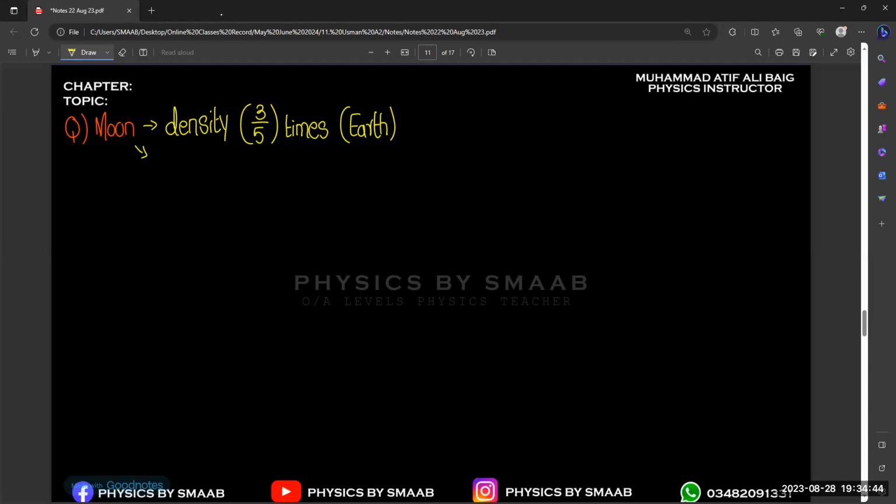So the value of g on the moon will be, I'm writing it as a small g m, if your gravitational field strength is 1 over 6 times on the moon as compared to the earth. It means we need to divide 9.81 by 6. So we will get the value of g on the moon. Okay. Now the question is,